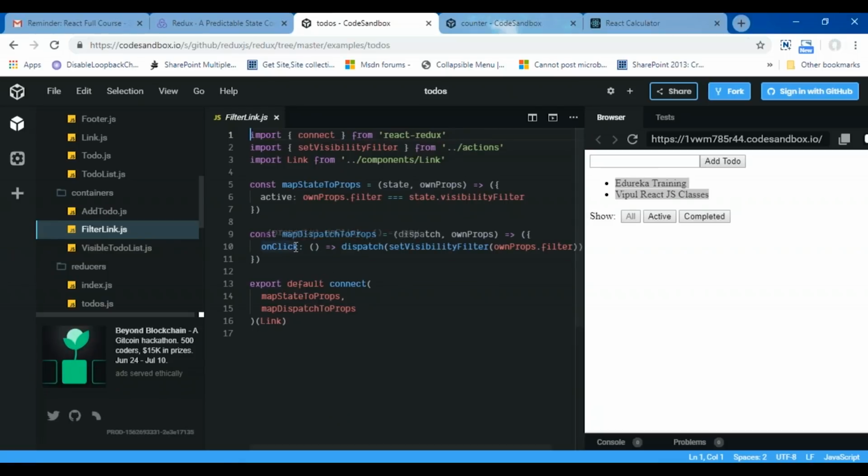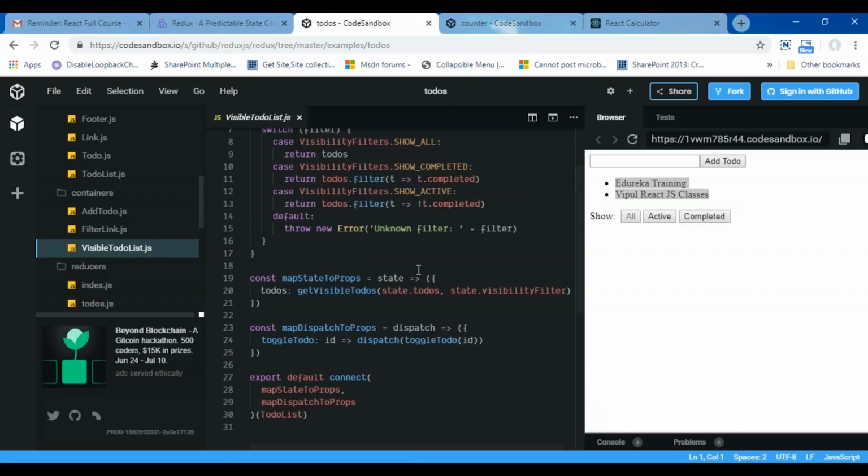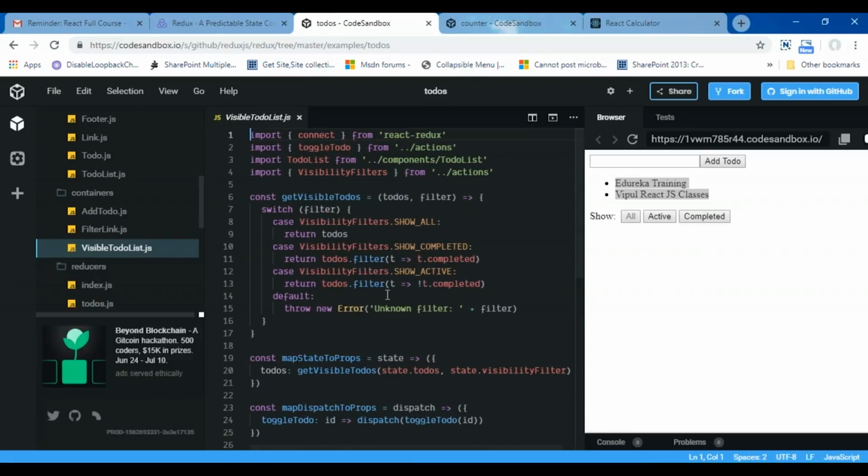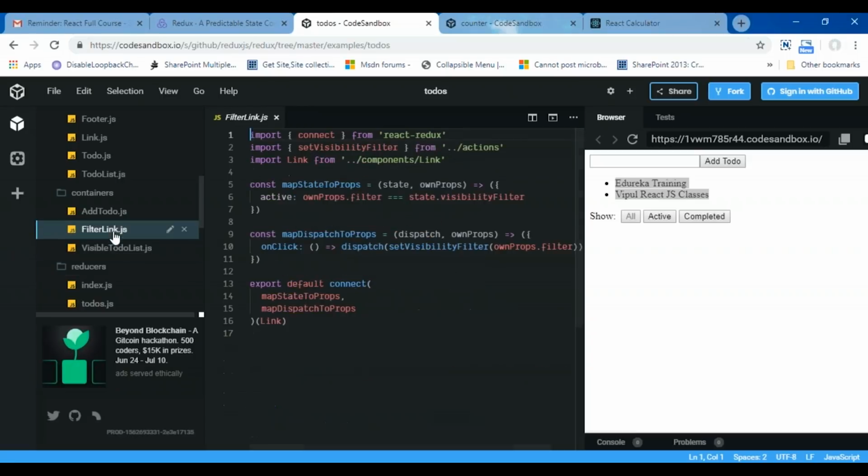I have implemented an on-click action over here, so it dispatches an appropriate action on click. If I talk about this visible to-do list.js, in this particular example I'm defining multiple cases. In visible to-do list.js, I am filtering the to-dos according to the current visibility filter and rendering a to-do list. In filter link.js, I am getting the current visibility filter and rendering a link.